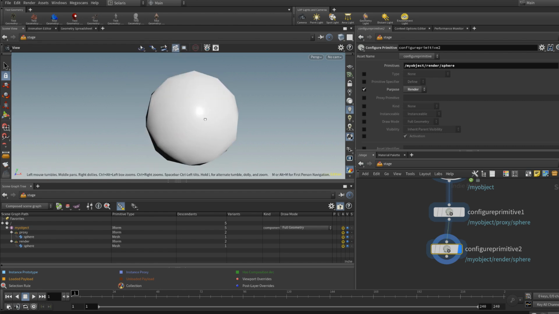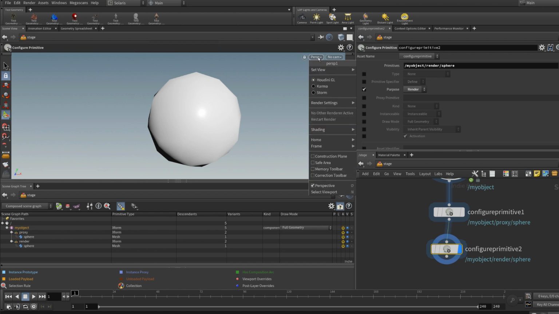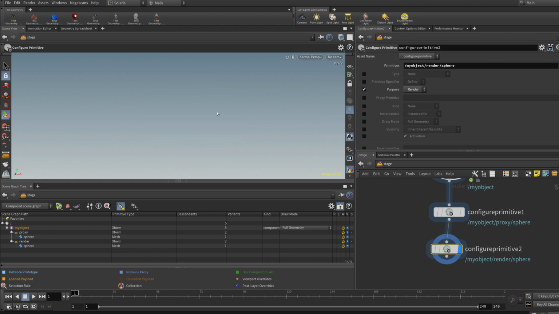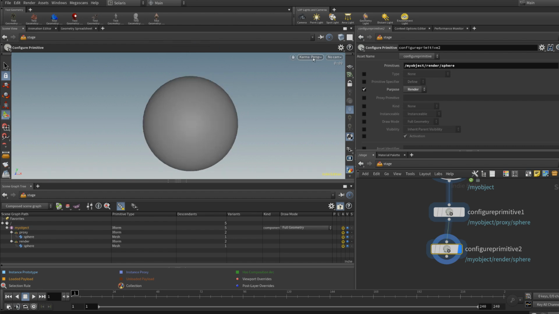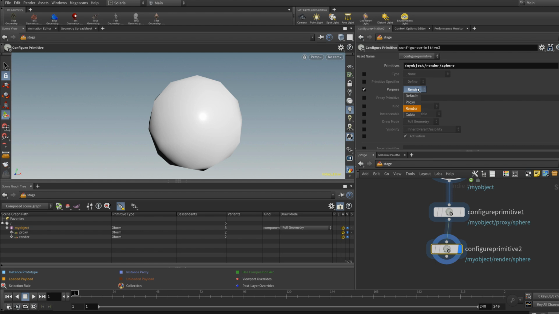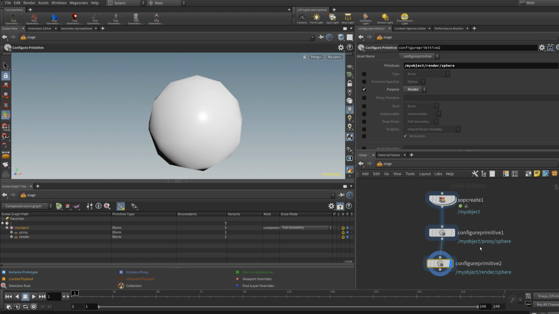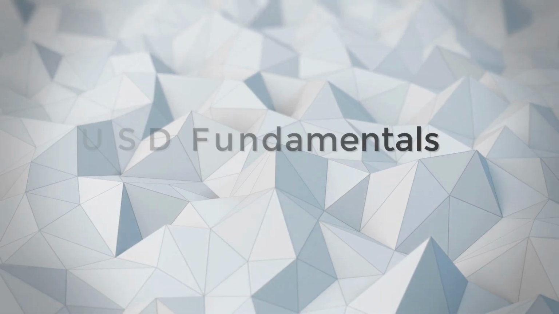So that's actually a pretty interesting mode to have. And when we try to actually set a render, let's say with Karma, it should use always the render geometry. So right now it's just a stupid sphere, so there's no real benefits to that. Once we start using that on heavy scene, like environment with a lot of instances and so on, that will be super useful. So for now, I promised I would talk to you about merge. So let's see how it differs from SOP.